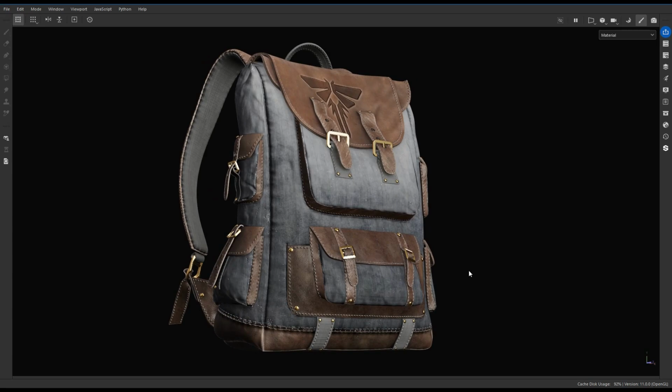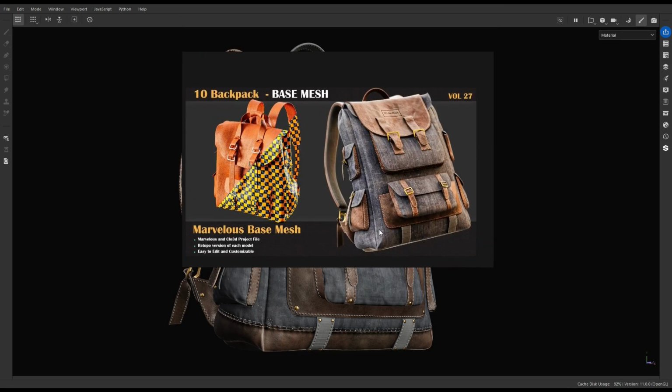My name is Mehdi from 3D Redbox channel, and today we have another model to be textured in Substance Painter. So let's do that. And this model comes from the Basemesh collection that you can find the link of that